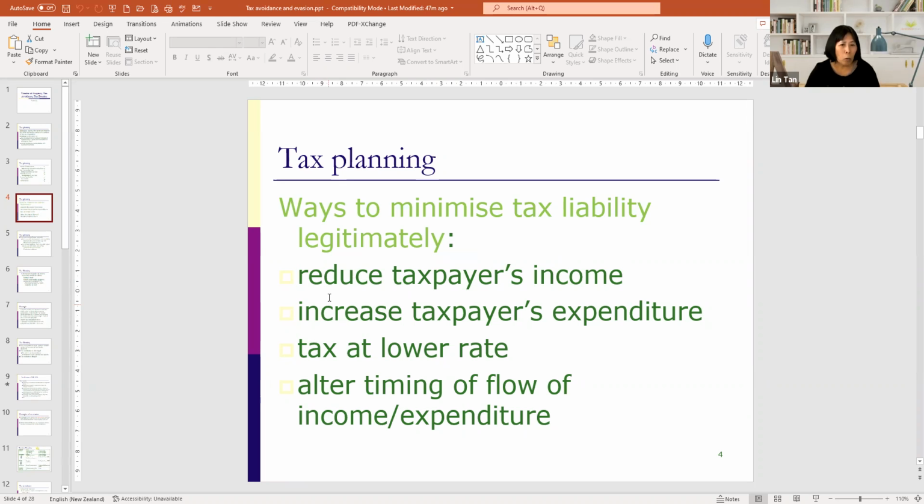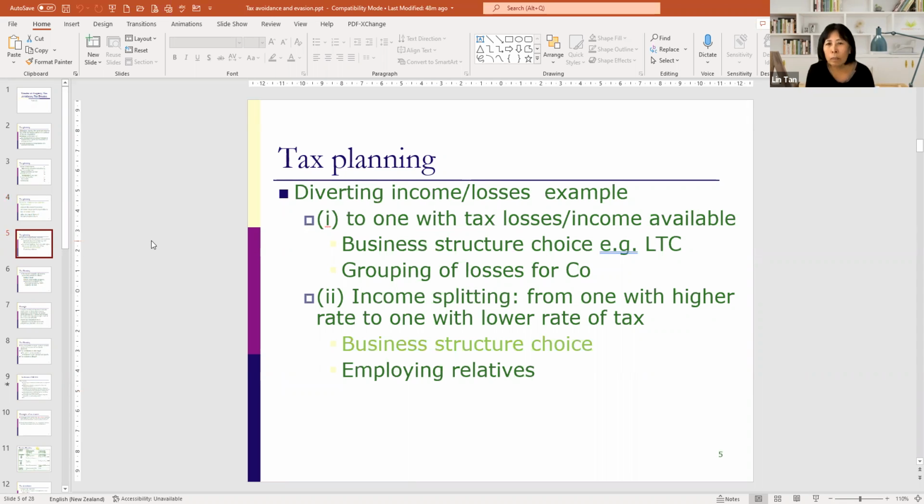Now, the first 3 will help a taxpayer to reduce their tax liability. The 4th one actually doesn't. What it does is it might help to improve the taxpayer's cash flow, right? But over a period of time, the total amount of tax to pay normally will be the same. But people normally like to claim as much expenses as possible in the earlier part than at a later part, right? So that helps them to improve their cash flow. It's just a matter of altering the timing of the income and expense. But over a period of time, the total amount taxed or the total amount that's claimed is actually the same. All right, so just to make that point clear,